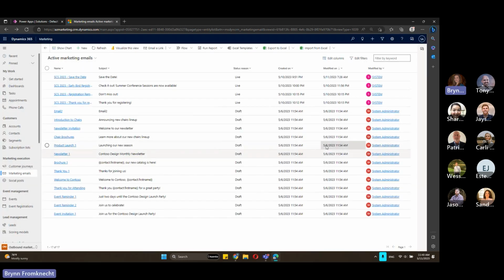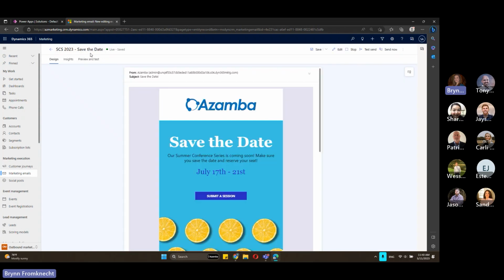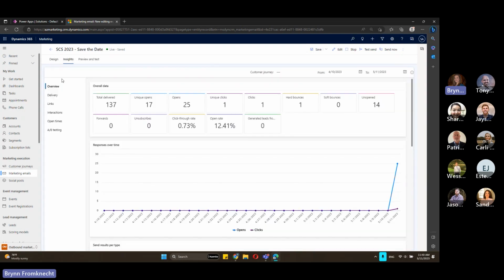So that was an email in draft mode, right? You see that's all in draft mode. In order for these emails to be usable in any other area of the system, you just have to check that content and go live. So this is a live email that we've got for one of our others. And the great thing about using the emails is that they themselves, and we'll talk about this in a second when we look at our customer journeys, will also have